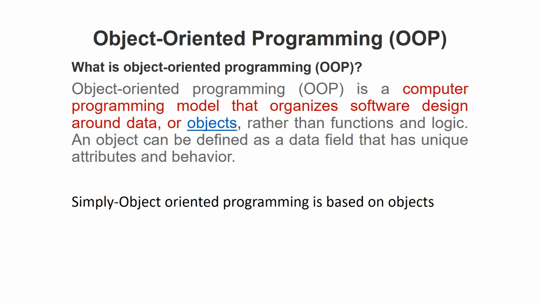Start with the introduction. Object-oriented programming is a computer programming model that organizes software design around data or objects rather than functions and logic. An object can be defined as a data field that has unique attributes and behavior. So simply we can say object-oriented programming is based on